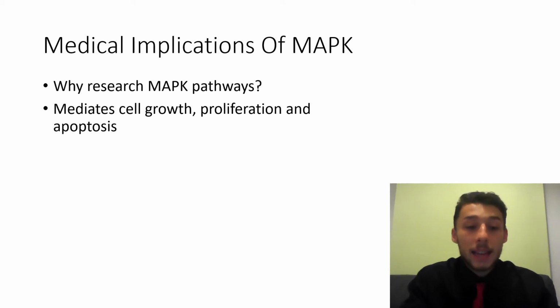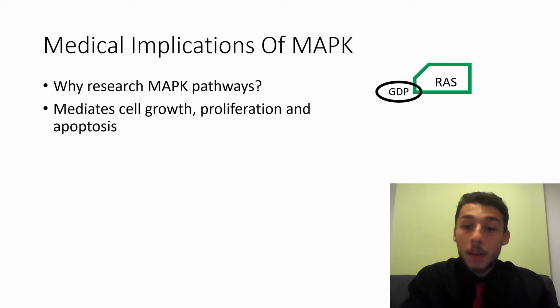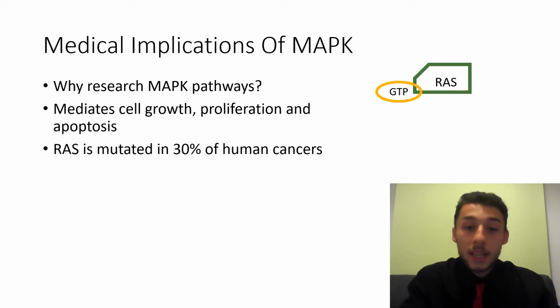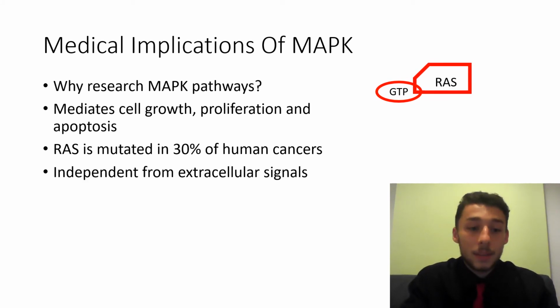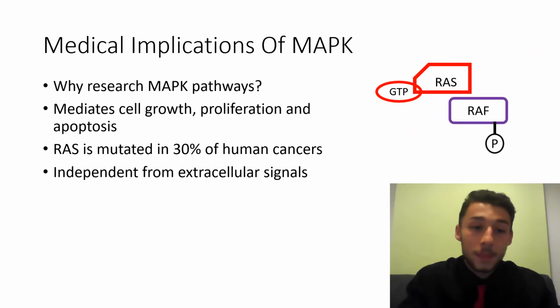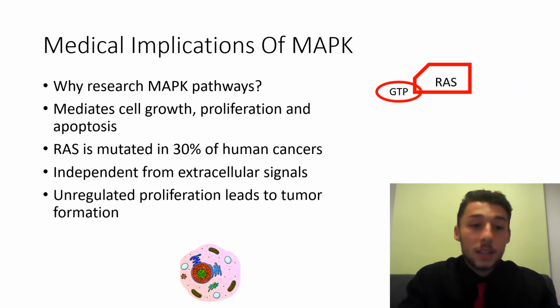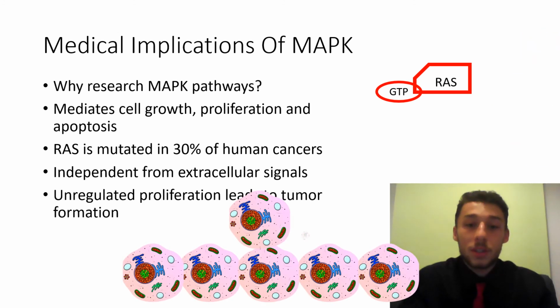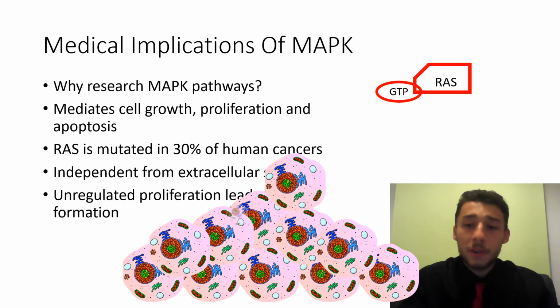If we look back at the ERK pathway, a common cancer-causing mutation occurs in the Ras protein, causing it to be constantly activated. This means the pathway no longer needs a signal, but can promote downstream effects uncontrollably. As you see here, mutated Ras continues to phosphorylate RAF without receiving any signal from the cell. The continued signal promotes unregulated cell growth and division, which leads to further mutations and